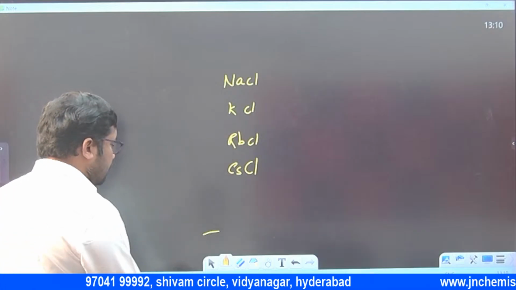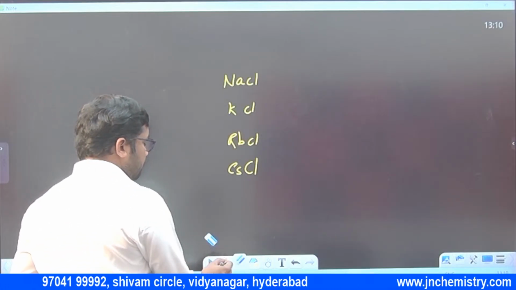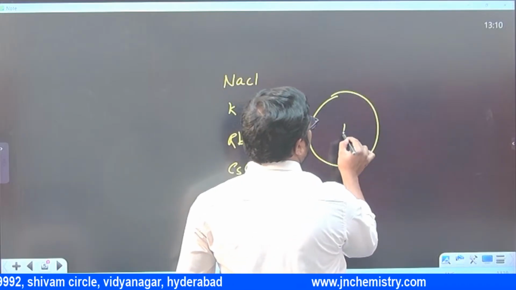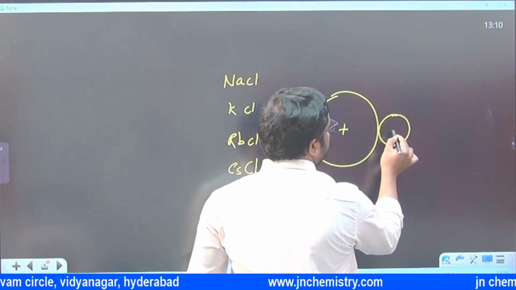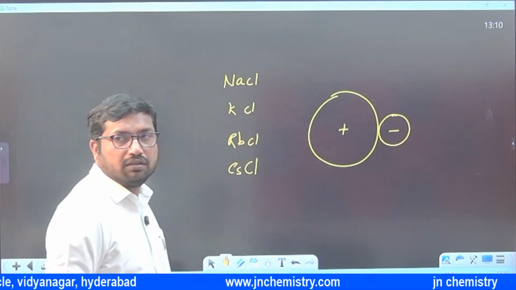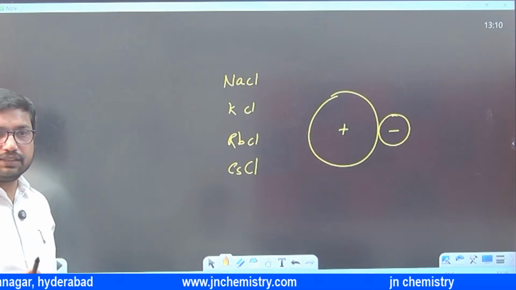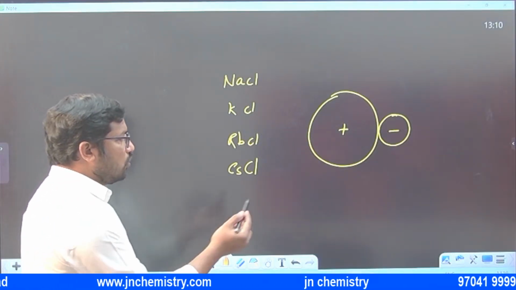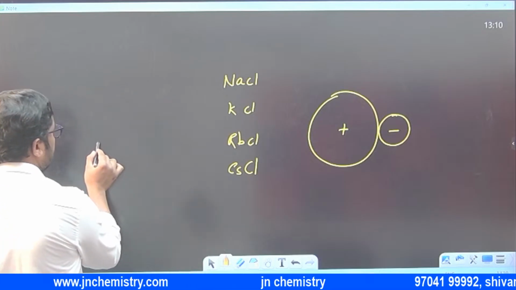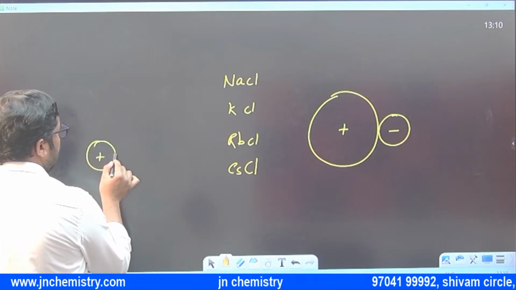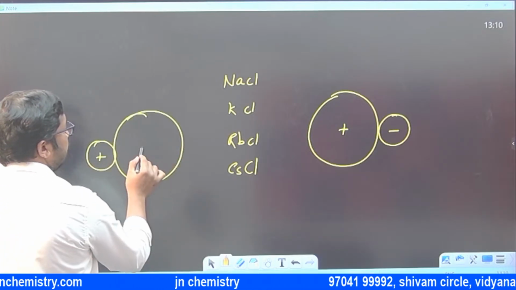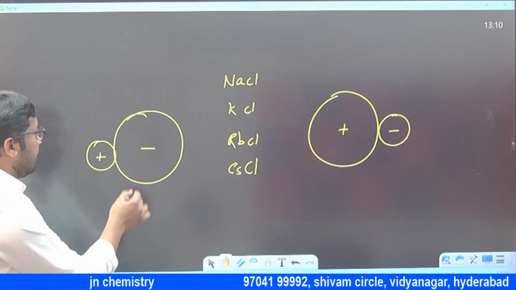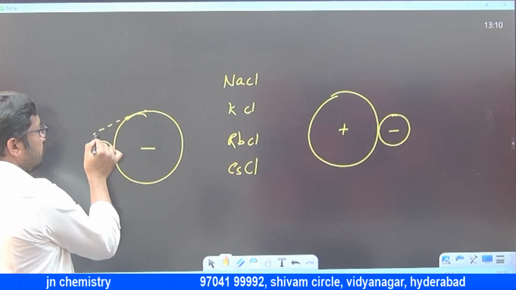For a strong ionic bond, what do we need to have? Cation size should be large and anion size should be smaller. In that case a strong ionic bond is possible. So more ionic character. If cation size is small and anion size is large, more covalent character. What exactly happens? The electron cloud moves towards the